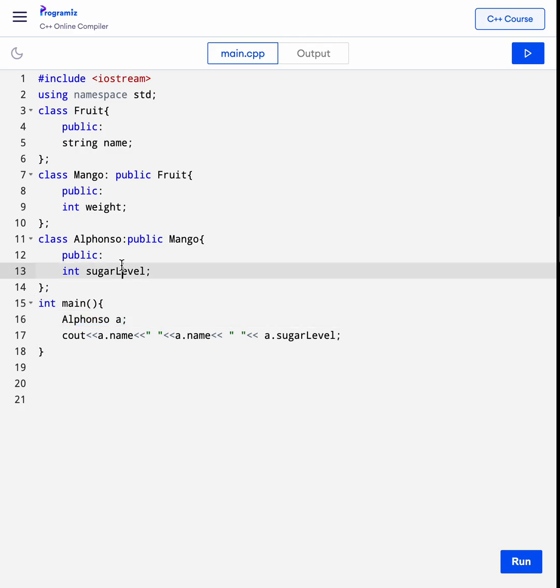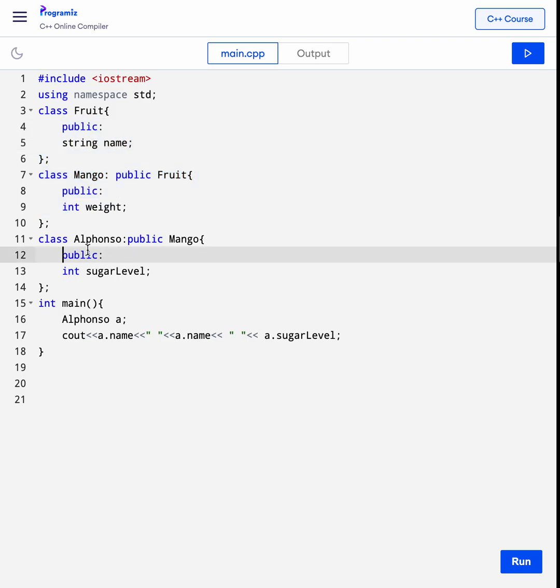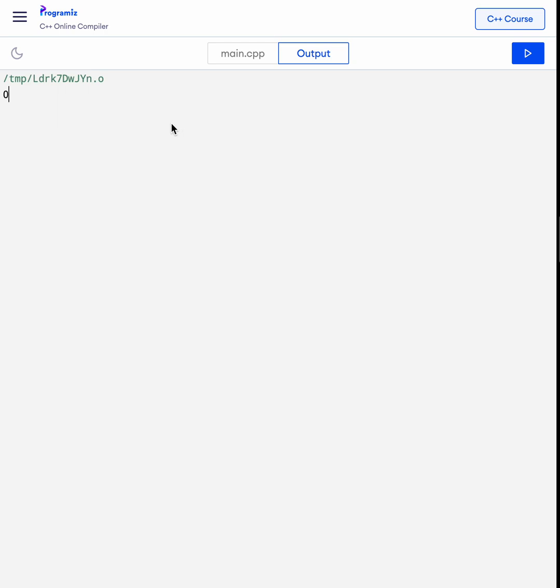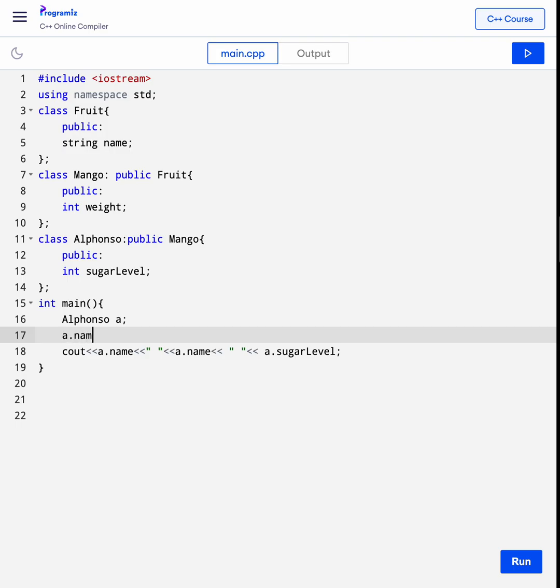Even though we have not defined the weight and name in this particular class, we'll be able to access the weight and name because this is a child class. This is basically a grandchild class. Alright, 0 is getting printed because we have not set the values. It is just returning garbage values. If we set the values,